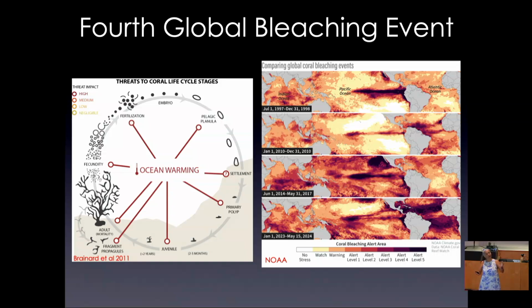There are many threats to the life history of corals. Temperature is the one that we talk about the most. So this is also, I just downloaded these from NOAA. And I don't think I need to explain it in a lot of detail, but the level of alert is linked to degree heating weeks, so how many weeks the temperature, sea surface temperature, is above what corals are expected